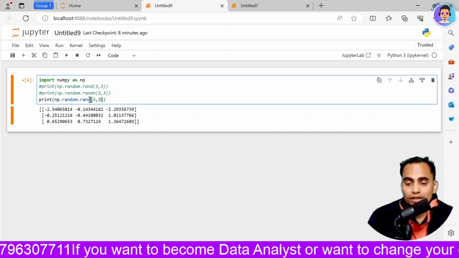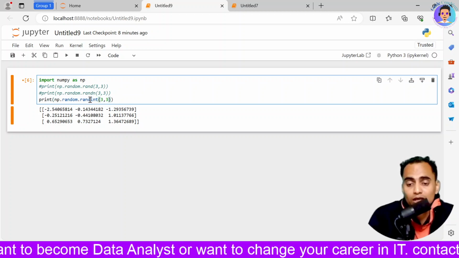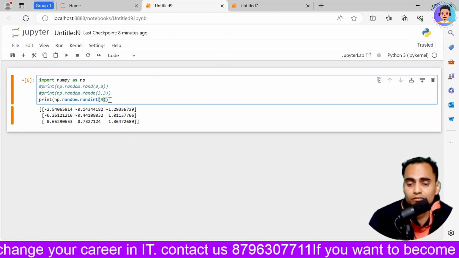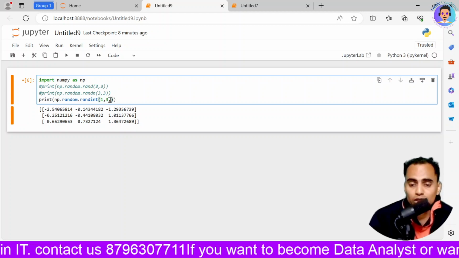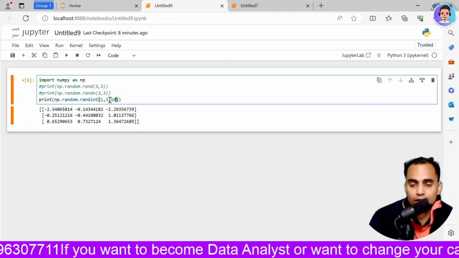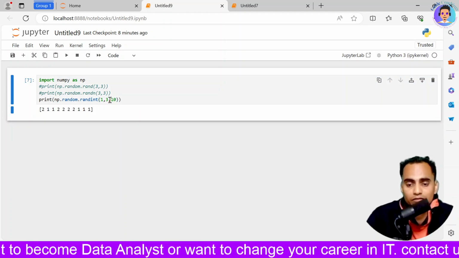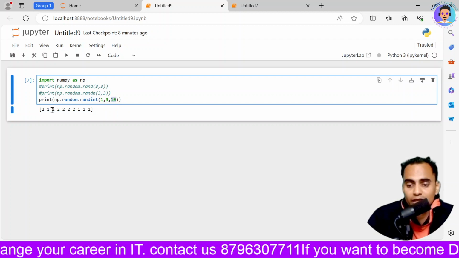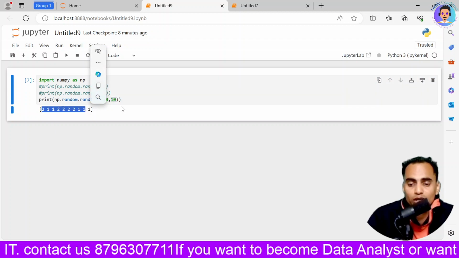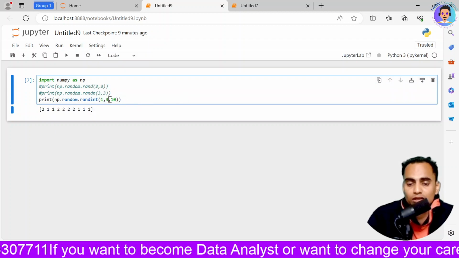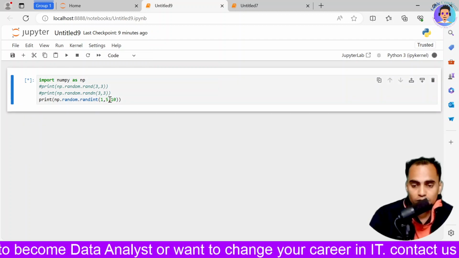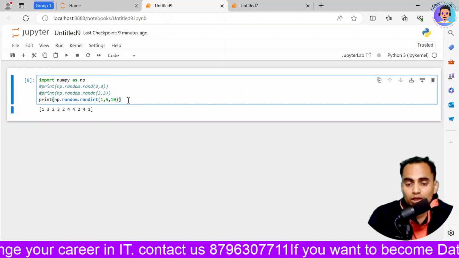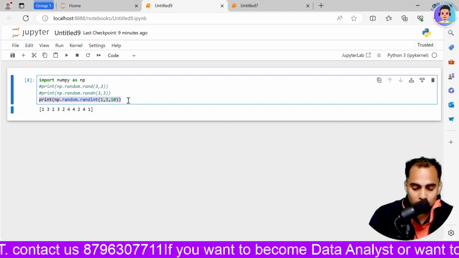And the third case is randint. This is interesting. Here you are writing randint, and over here you are passing three parameters basically. It starts with 1, it goes to 3, and then I want it for 10 numbers. So if you count these numbers, they are from 1 to 3. If I change this to 5, it will range from 1 to 5, and it will take those numbers randomly. Now this is one case, and I will show you one more example of this.